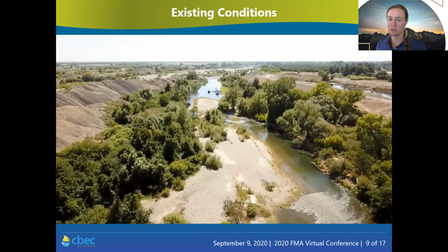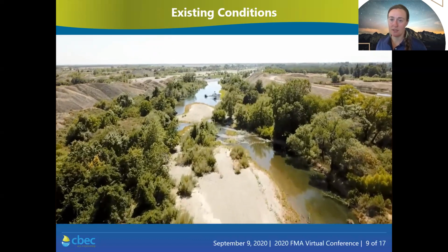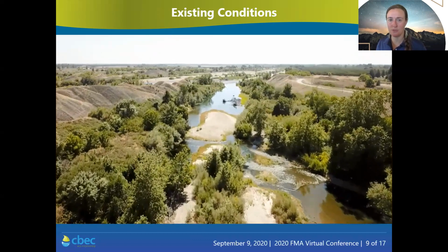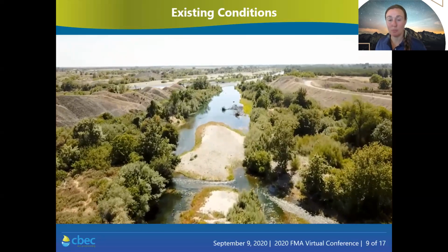You'll notice that along the toes of the training walls, there are some nice riparian trees. Another key element of our design is to keep the existing riparian resources intact to provide shade, cover, and food to rearing juvenile salmonids. This pond at the downstream end of the overflow channel is colloquially called the Blue Lagoon,